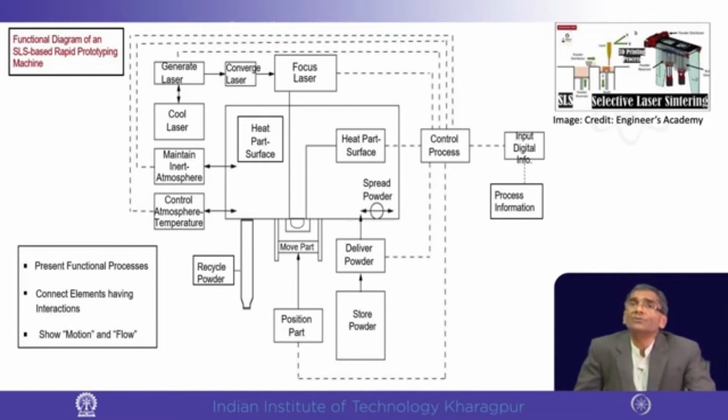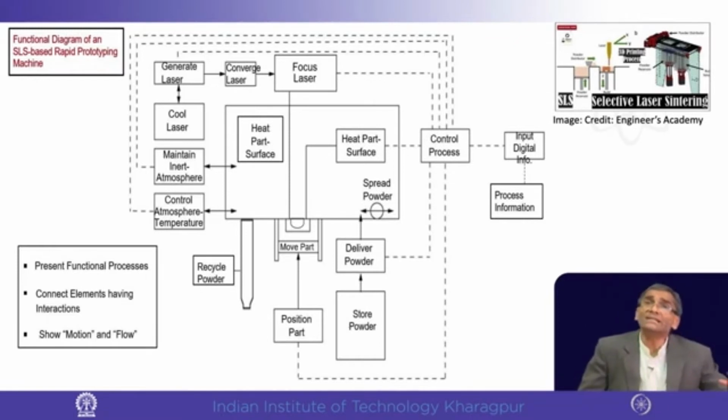Laser is generated through certain lasing methodology, maybe a CO2 laser, and then the laser is converged, and that converged ray is focused onto the job, rather here job means the powder that is getting accumulated on the top surface and which is selectively being sintered